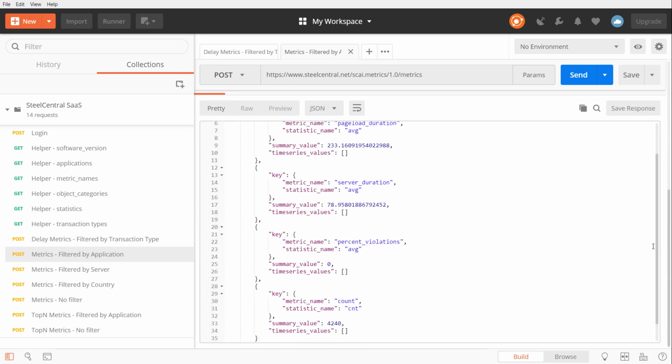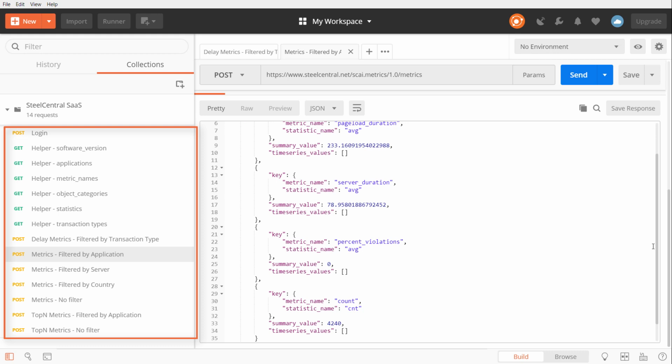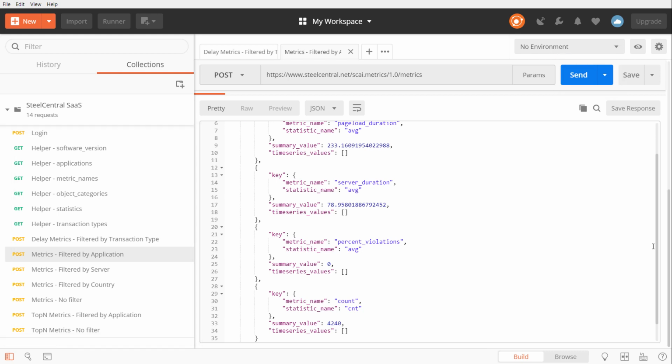From here, you can follow the rest of the examples. Just click on a request, click send, and scroll down to see the result. Please make sure you run the login request once before running any other